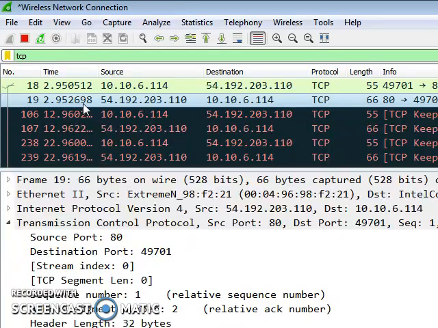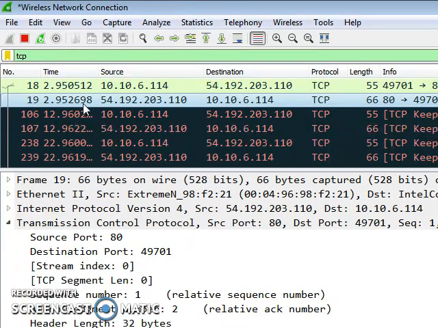Sorry. The next is the finish flag. When there is a three-way communication, the three-way handshake protocol is initiated, and the FIN comes into the picture. In this three-way handshake protocol, the FIN plays an important role, and it is sometimes set to 0 and sometimes set to 1 as per the role of acknowledgement and the SYN flag.